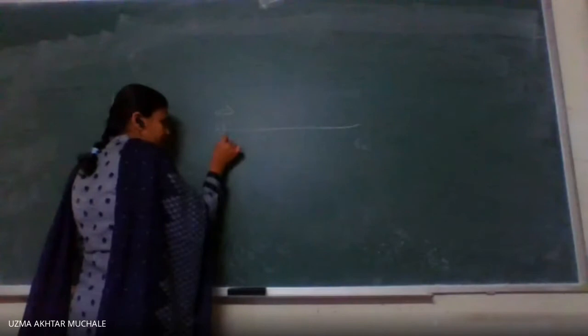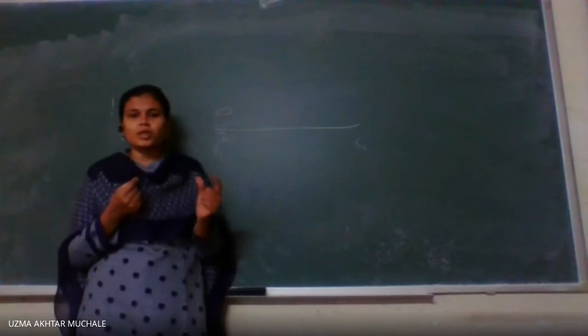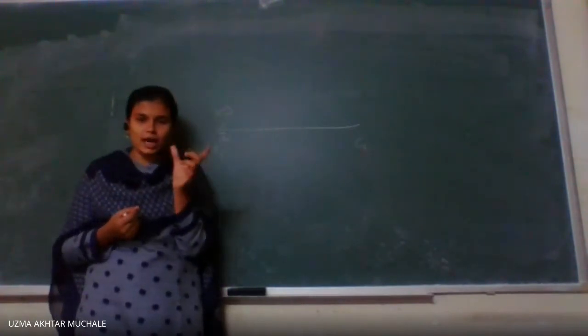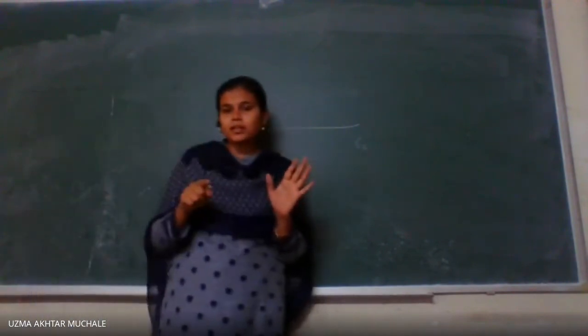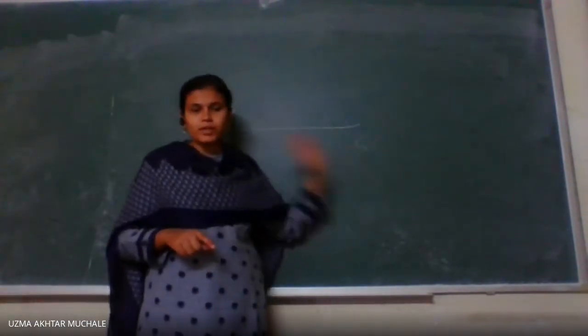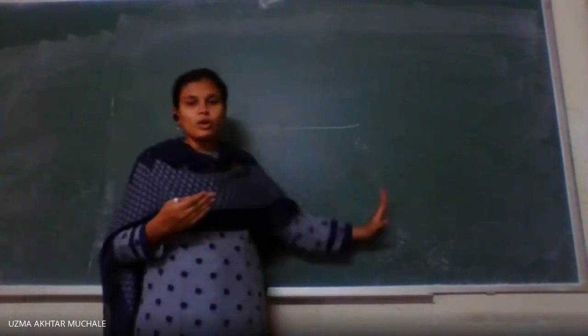So, if you are having any particle, then you have to move this particle from R1 to R2. Directly we cannot move it by applying a small amount of force. Let us assume that it is moved by a very small distance. Let us denote that distance by dr, because a very small increment we denote by d. Dr means a very small increment in r. What is r? R is the position vector of a particle. This is the first position of the particle, and this is the second position.